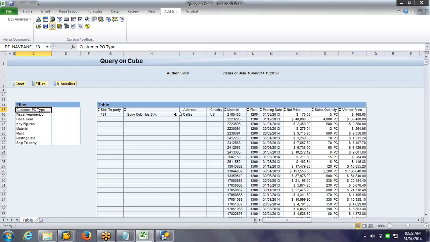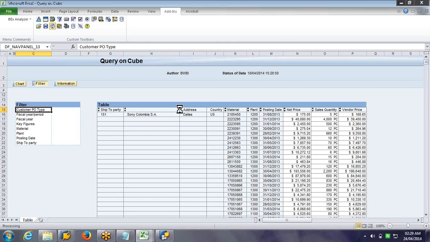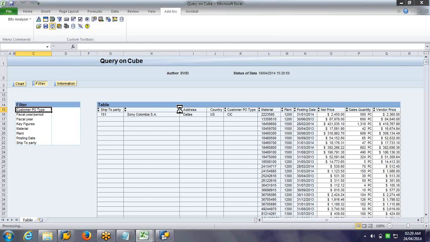When you drag and drop, you will find a circle as well as a rectangle coming. Circle means it replaces that field. Rectangle means it adds beside that. Depending on whatever you want, whether you want to replace that column or add beside that column. Now you can see that beside that column it got added.